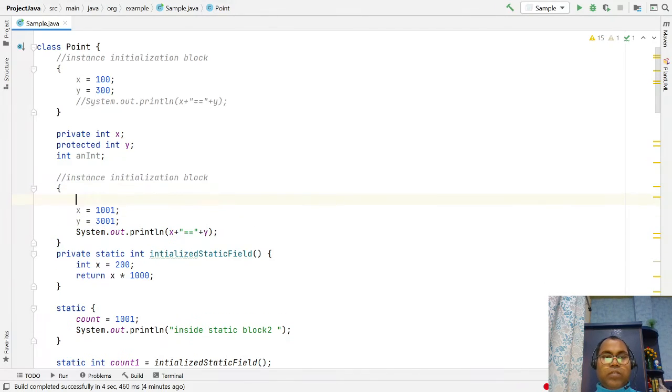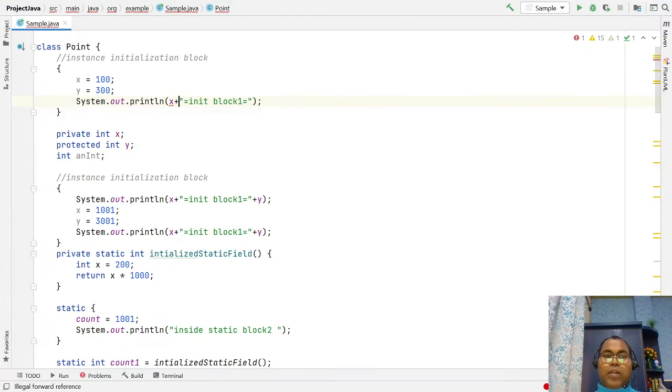Let's write init block 1 and init block. Here you cannot access because the variables are declared after this. So in this way, this block is known as your instance initialization block.